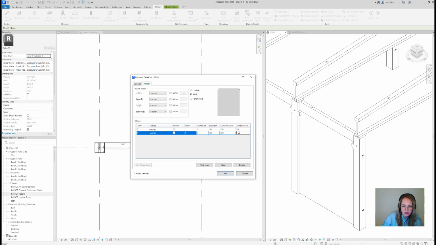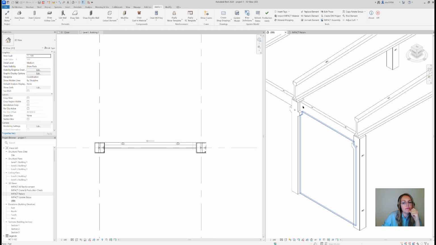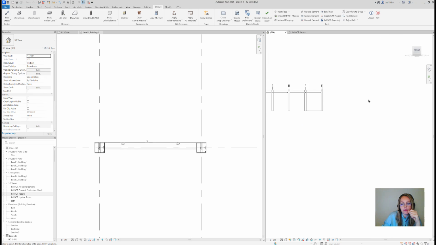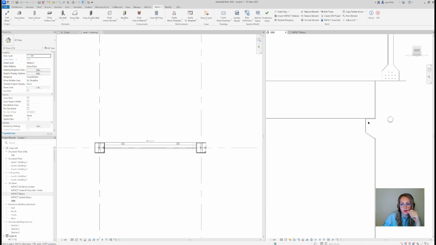If I fill in the numbers and press OK, what you're actually getting is the recess. In Impact language we call it other end cap, right? But you can see it's a pretty easy way to make this end geometry,